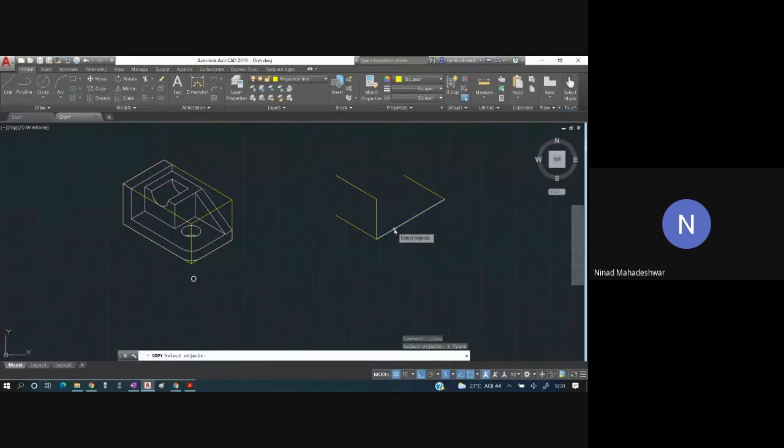Similarly copy the other part. Copy this object, press enter, from this end, this end, this end. And lastly copy this, from this end.